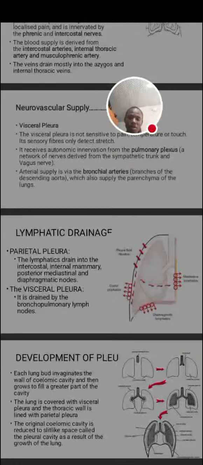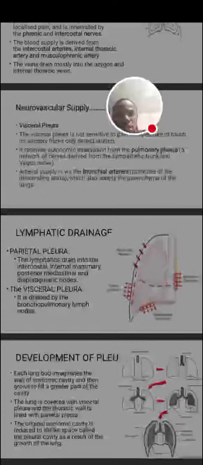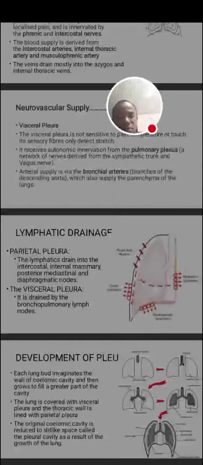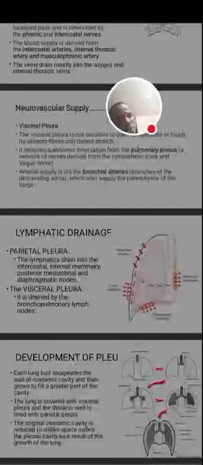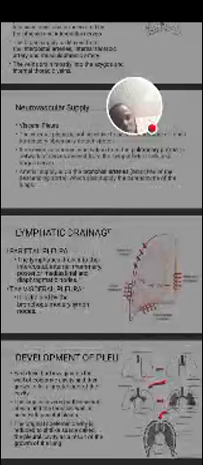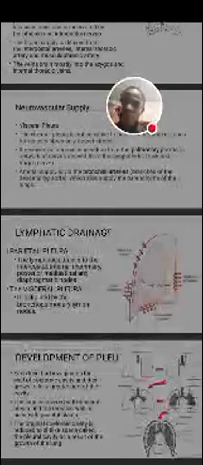For the parietal, we have number one, so we can put it D for diaphragmatic lymph nodes, posterior mediastinum, internal mammary, so D, P, I, M. Okay, P dim. Now moving away from there,